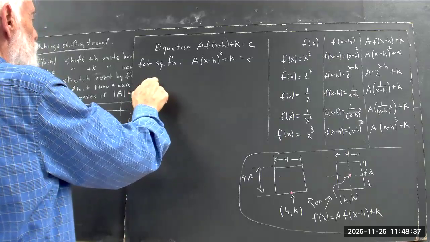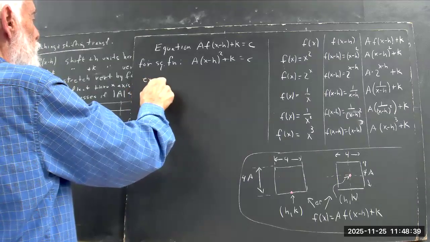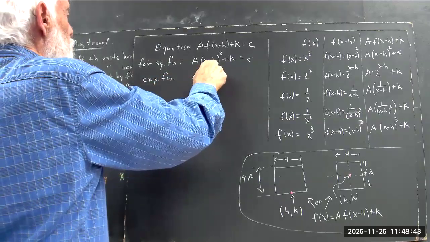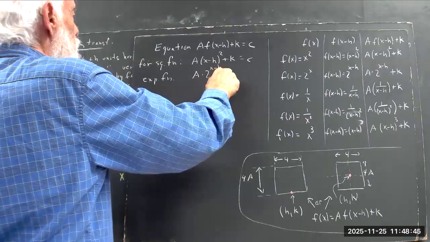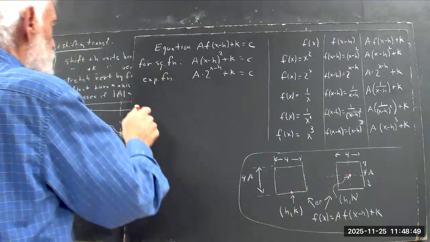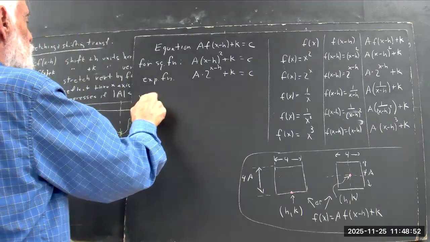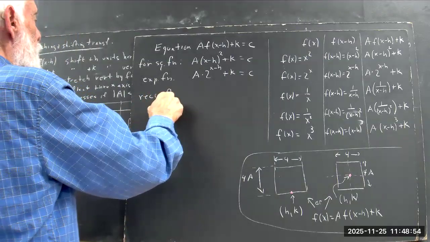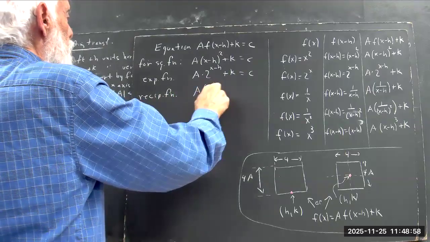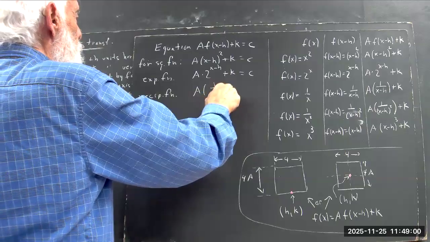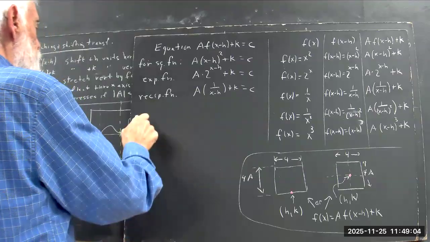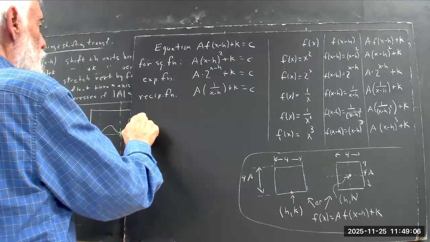For the exponential function, it's A times 2 to the x minus h plus k equals c. For the reciprocal function, A times 1 over x minus h plus k equals c. For the reciprocal square,